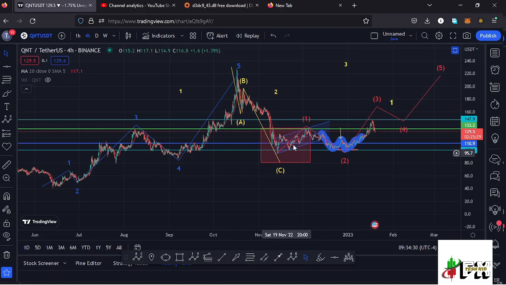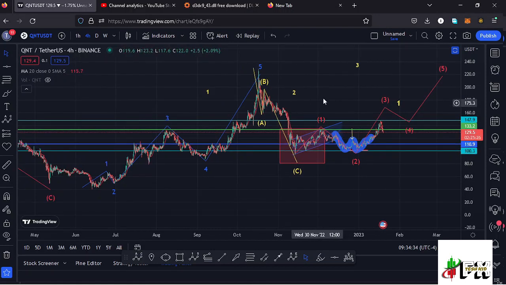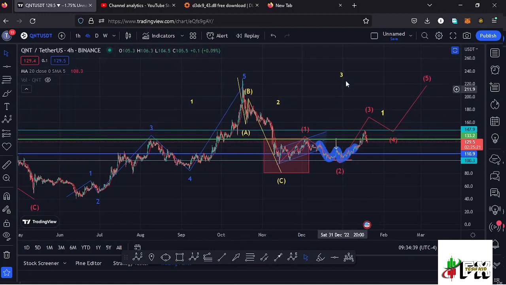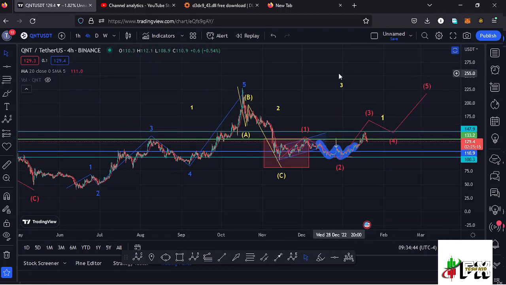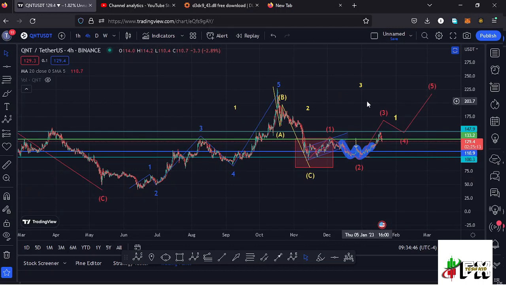And you can see we have made a low within this red target area, and that means it has done the minimum that we expected that second wave to the lower side to do. And whatever we are seeing at the moment could be the start of this higher AD12 count 3 to the upside. And before I get into the details of the formation of this wave 3, I can first sketch out